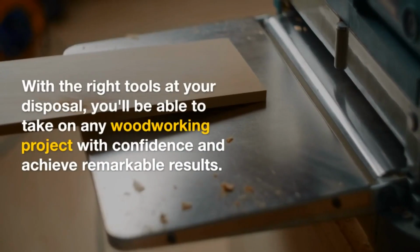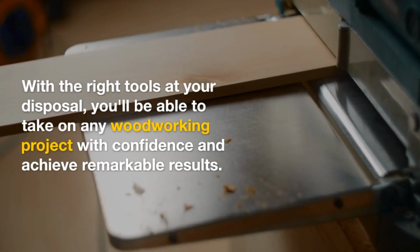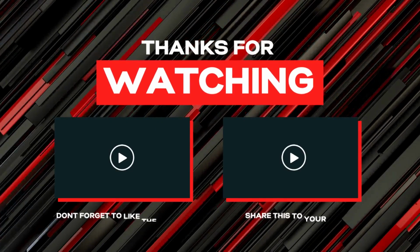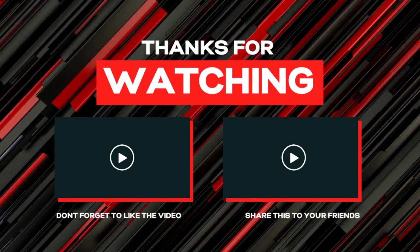The 10 tools listed in this post are essential for any woodworking enthusiast. Whether you're a beginner or a seasoned professional, it's important to invest in high-quality tools that are